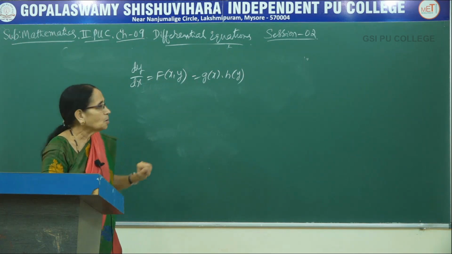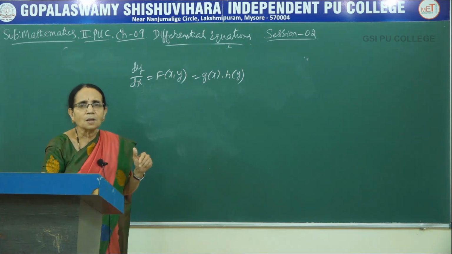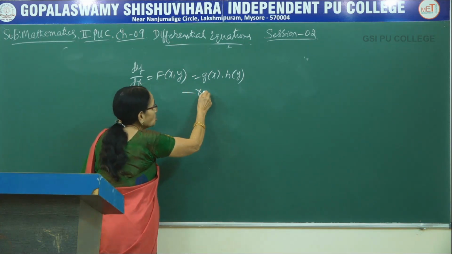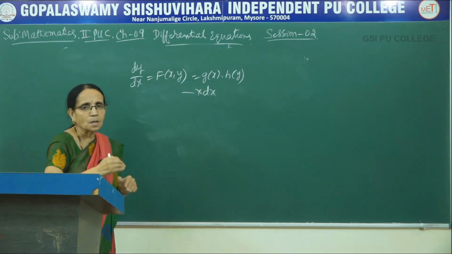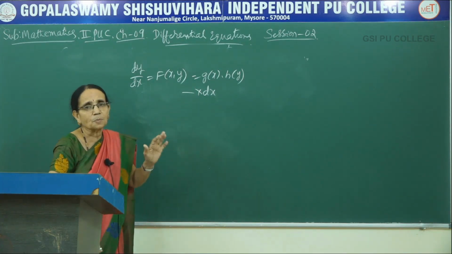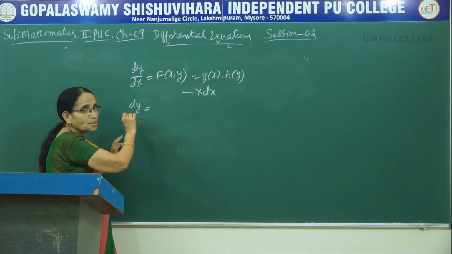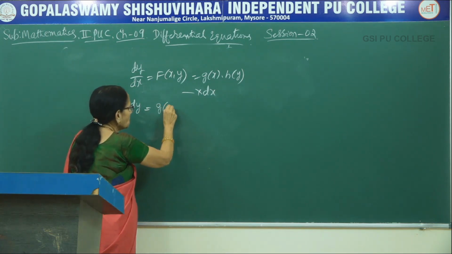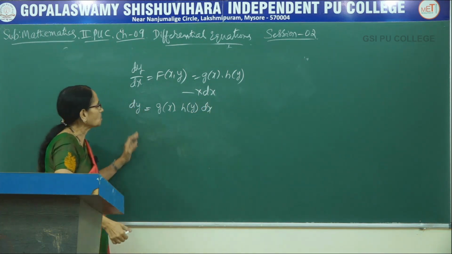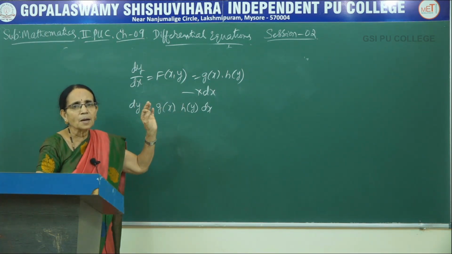How is it possible? Look here, dx is in the denominator position. Anything that is in the denominator position, suppose you want to take it to the numerator, what has to be done? You have to always multiply by that one. Denominator to numerator, if you want to change, you have to multiply. Multiply both the sides by dx. Then what happens here? When you multiply, automatically dx is cancelled here. Right hand side, we are having gx into hy into dx. You can say cross multiply, but only one term is there. Better you use the word multiply by dx.